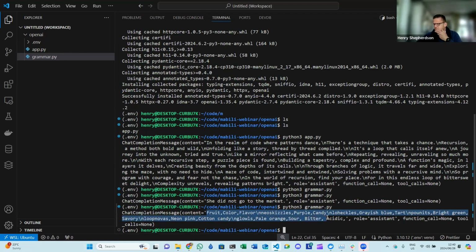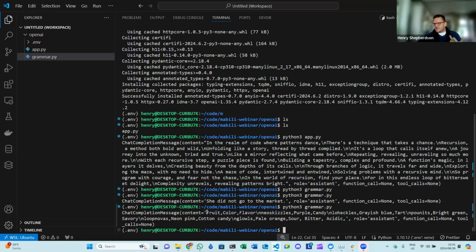Okay, that's interesting. I'm not 100% sure exactly how it's organizing things, but it's taking the objects, and as you can see, it's put it into fruit, color, flavor. Okay, great. Got it. So these are the headings for the columns. So what is the fruit? What is the color? What is the flavor? So it's exported this into a